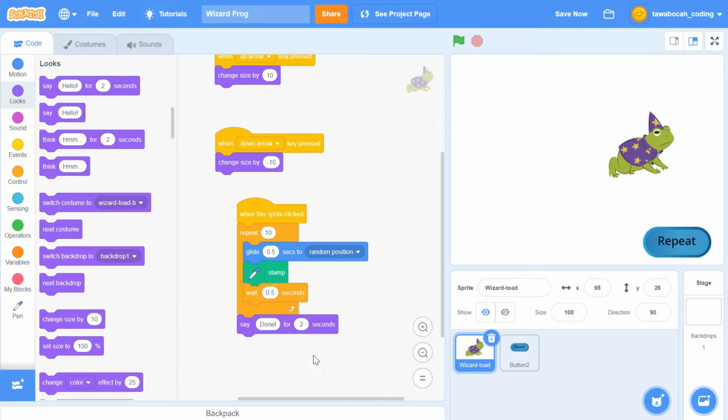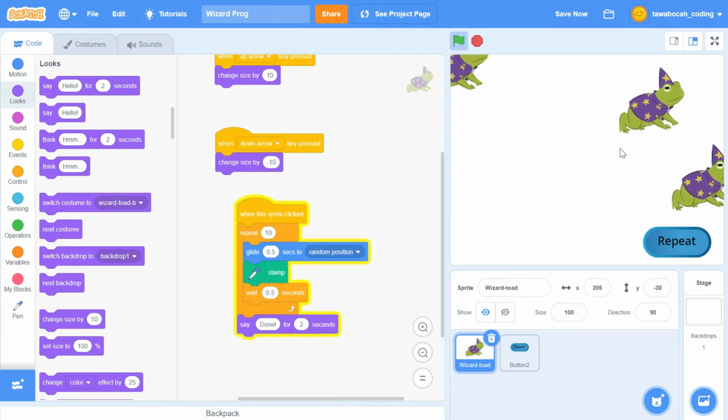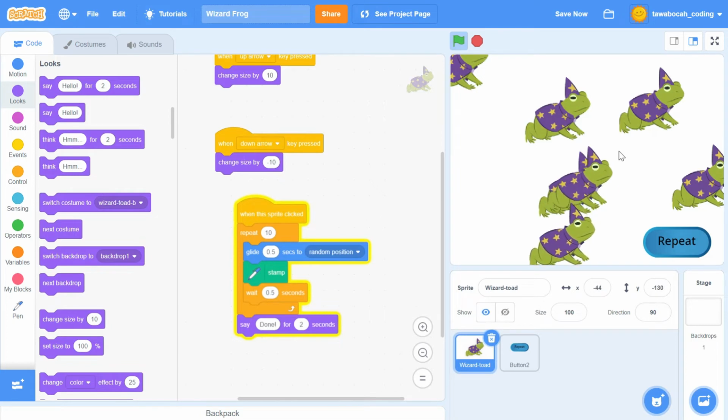Run your application by clicking on the frog sprite. This coding block will make the frog move 10 times. Every time it moves, the frog will make a picture of itself, using a stamp. When finished, the last frog will say done.